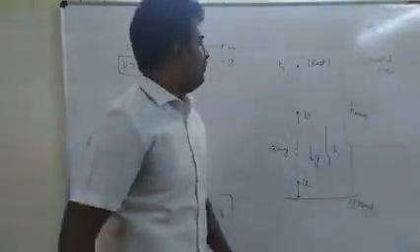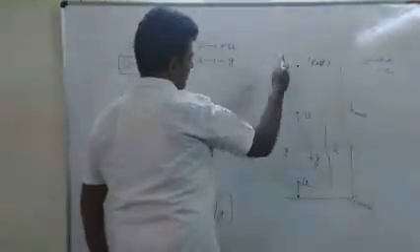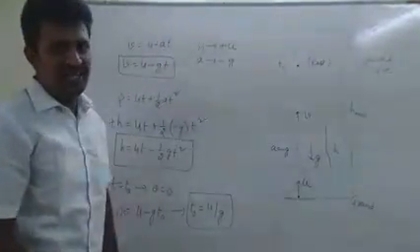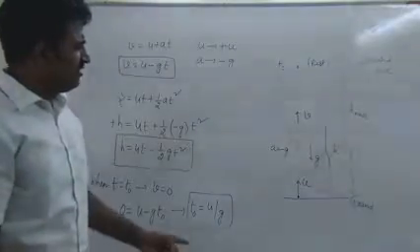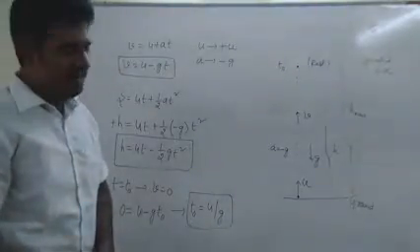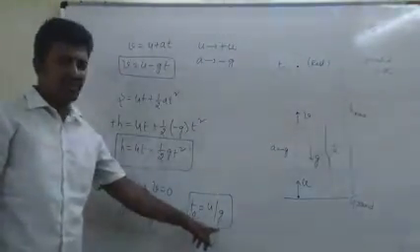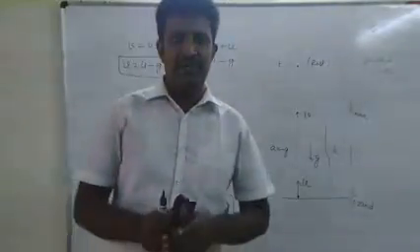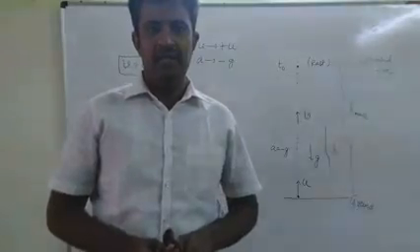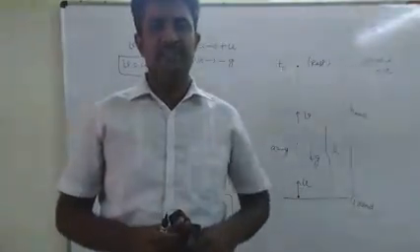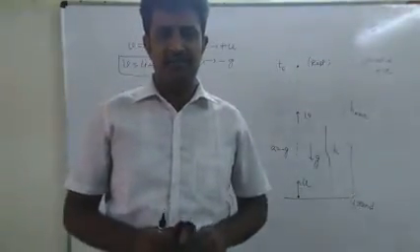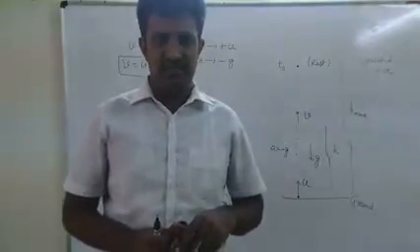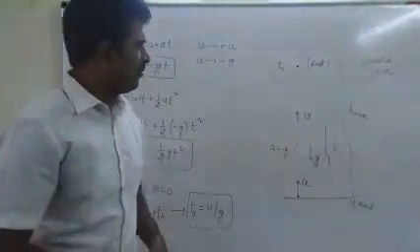Next, how much is the highest displacement is the next question. Highest displacement is the height traveled within a time of u by g. That is one way. Otherwise, I will take the help of v square minus u square equal to 2as. When it has reached the highest displacement, the final velocity will become 0. That is, v will become 0, isn't it? That is one way of solving the problem.